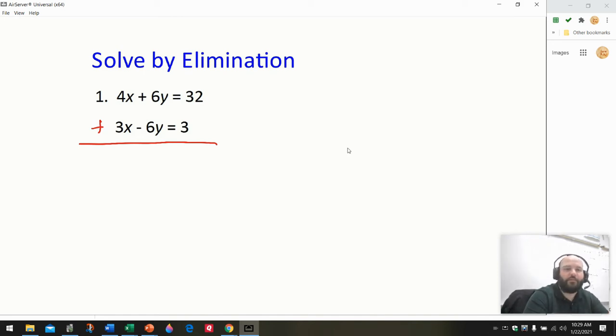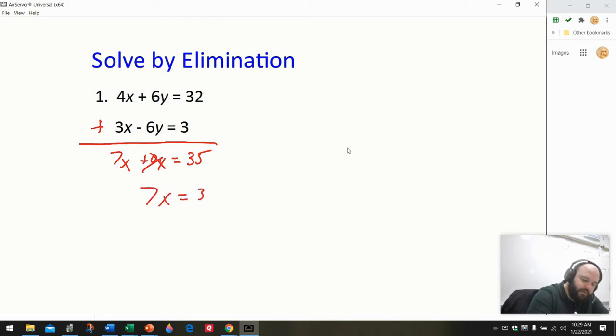So we're going to add 4x plus 3x, and that equals 7x. Then I'm going to add 6y plus negative 6y, which gives me 0y. And then lastly, 32 plus 3 is 35. And what you can see, 0y goes away. We don't even need to write 0. It's gone. We're just left with